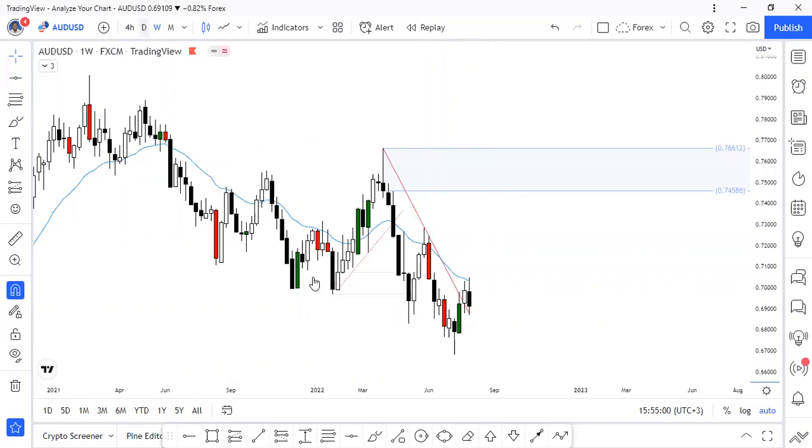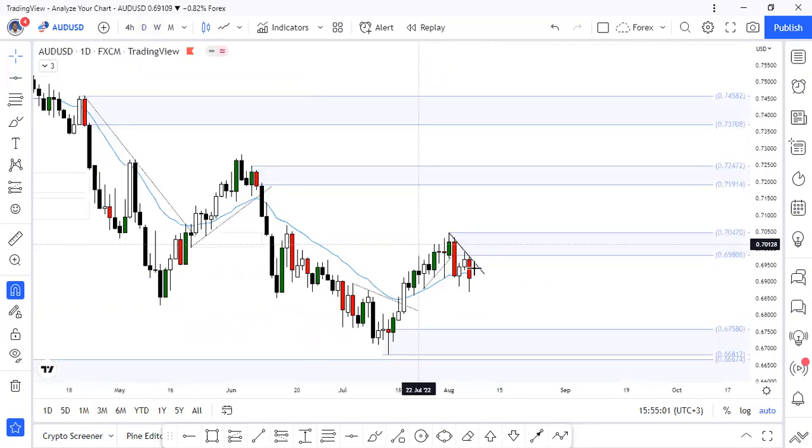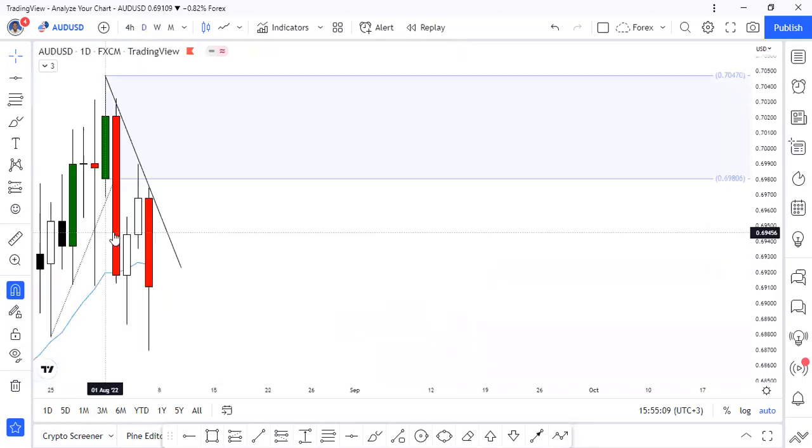On the daily time frame, we are also out of alignment. We are in a bullish consolidation. The price broke the trend line solidly around these areas, and the price consolidated away from this area. You can see this is the candle that consolidated away after the break of the bullish trend line. This was the trend line due to